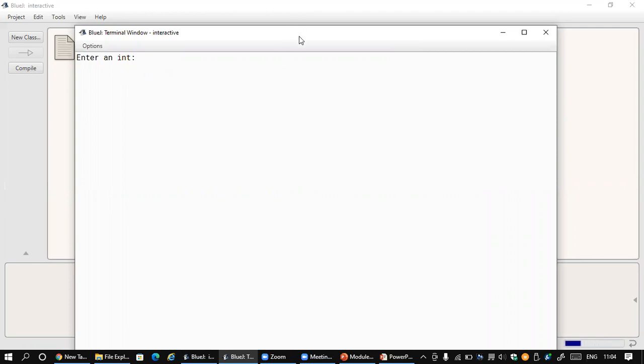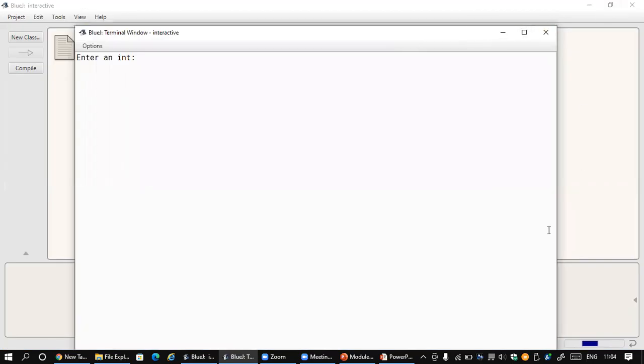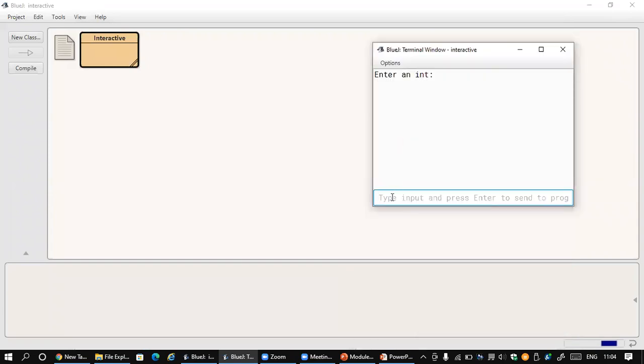If you want, you can make this window small so that we can handle our screen, so I just make it quite small. Now I enter an integer value. Let me say it is 56.